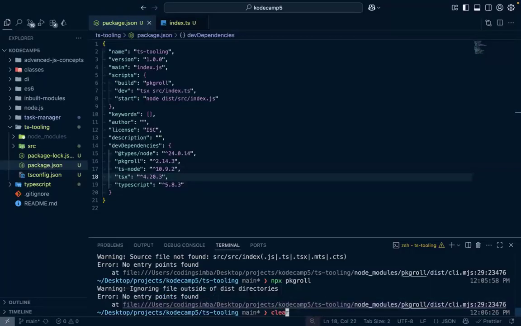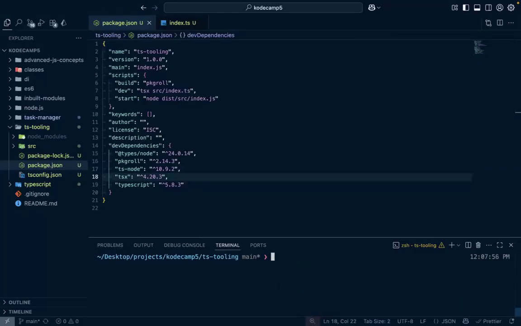So now that we've seen how we can use TSX and PKG row with ts-node, I guess we should move on. So moving on,